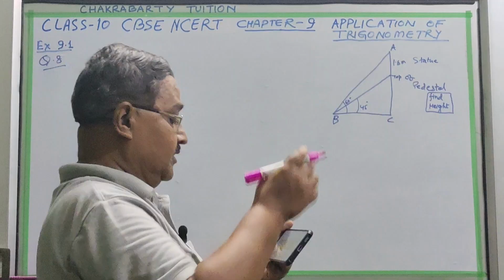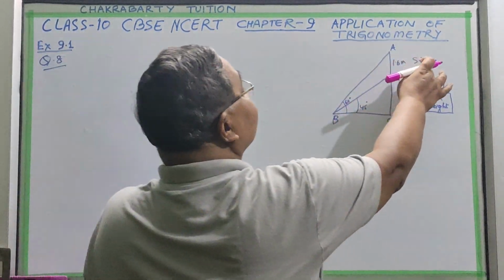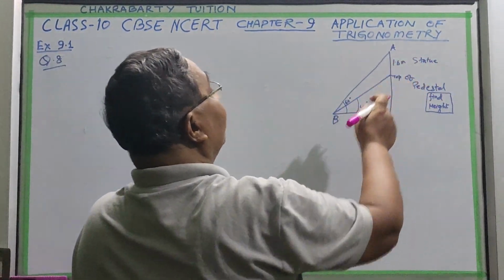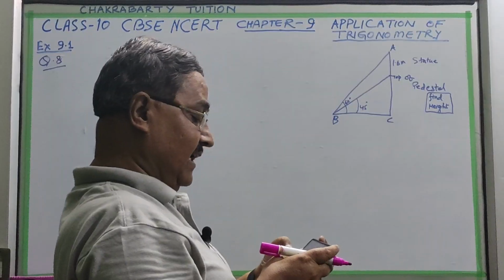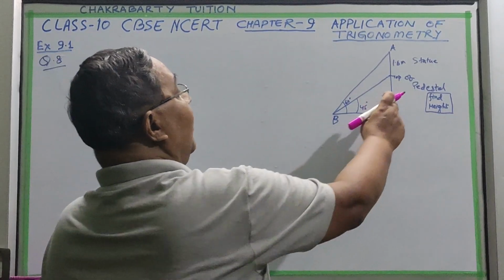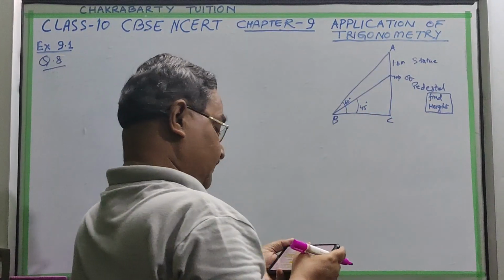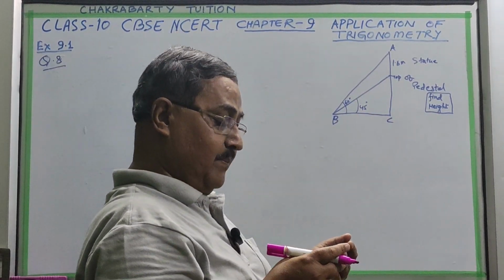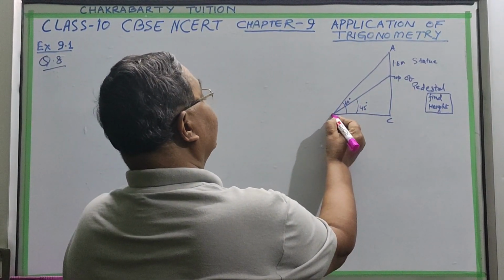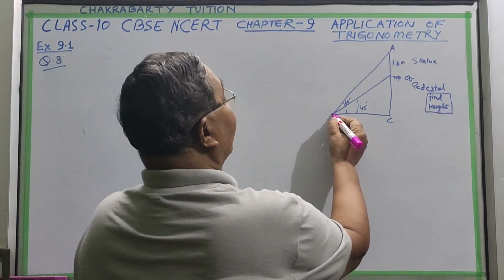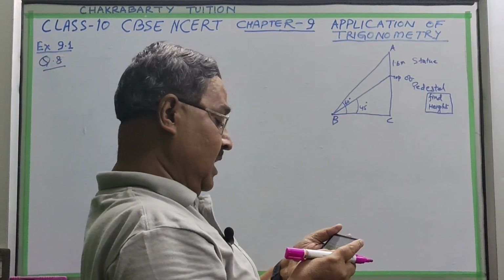So here, one statue of 1.6 meter tall is standing on the top of a pedestal. On top of the pedestal, this is the statue. And from a point on the ground, this is the ground here, and from the point on the ground, the